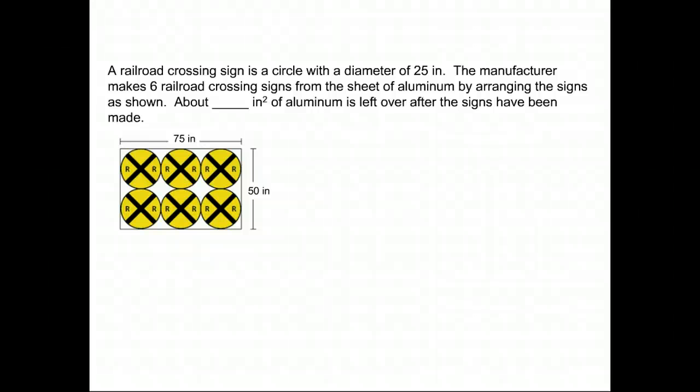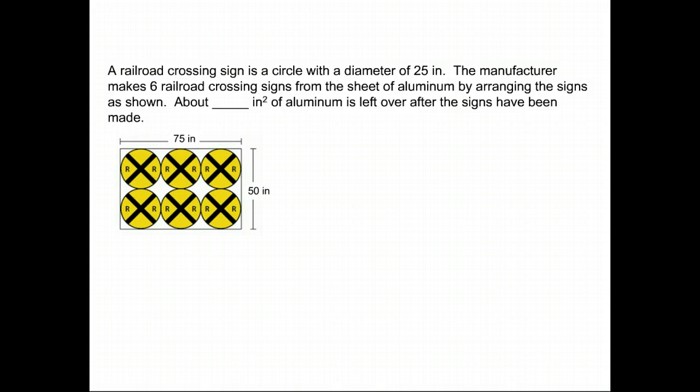All right. Next on the project, we have railroad crossing signs. And again, I've changed the numbers on these, so don't just take our answer here and put that as your answer, or it's going to come out wrong. But this will show you how to do the problem when you're doing it on your own. So if we take a look at this,